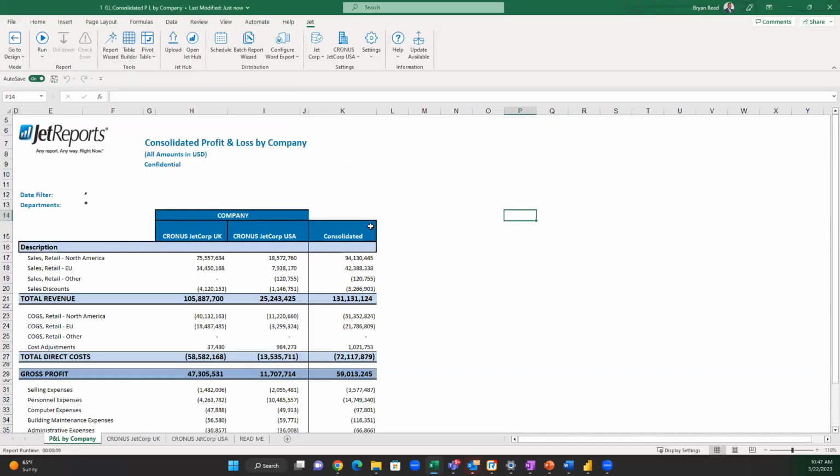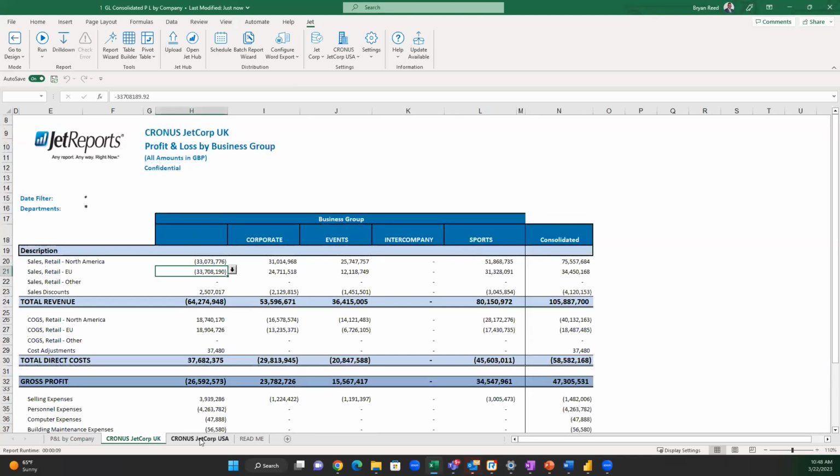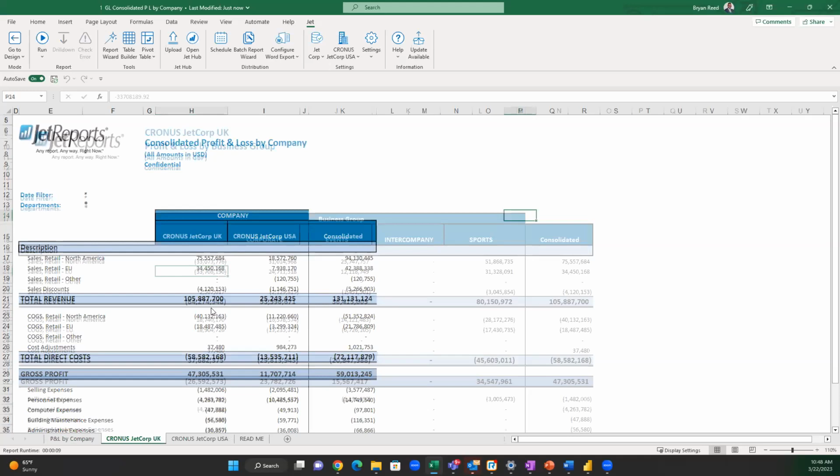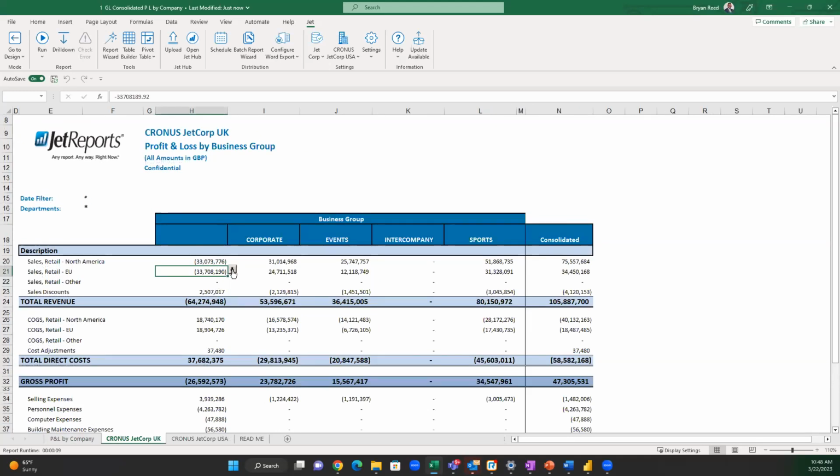And then we're going to see Jet do that lifting for me. So now, everyone, I have this report ran, right? I have my full out view, and then I have this report broken out by company. So I have my UK company, and then I have my USA company. And more importantly, this report gets into my global dimension 1, which for me, it's my departments here, right? And then again, I have that consolidated view, which of course gives me that conversion metric so I can get that consolidated figure. But more importantly, I want to take the time to go through our drill down feature as